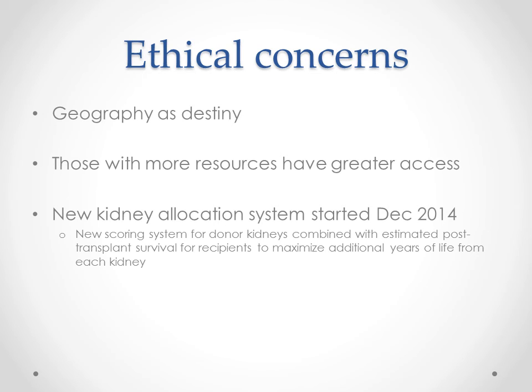There's much debate about how to reform the system to increase access to organs for all, either by transporting patients or organs farther than we do right now. Also, there are moves to take into account the life expectancy of a recipient and an organ when making a match. The kidney allocation system just recently changed to score both donor and recipient to match those that had the greatest chance of surviving the longest. This will help avoid older people getting young kidneys that could live even longer than them, and help younger people from possibly needing retransplantation.